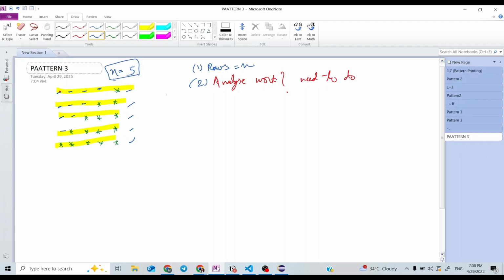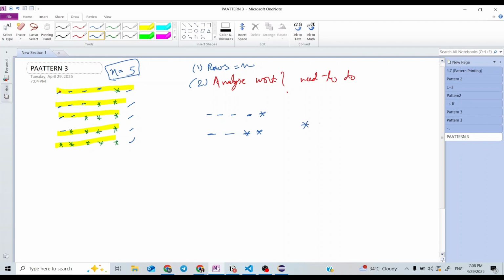Why do we need to print spaces also? Because only after knowing how many spaces to print before stars can we complete this pattern.